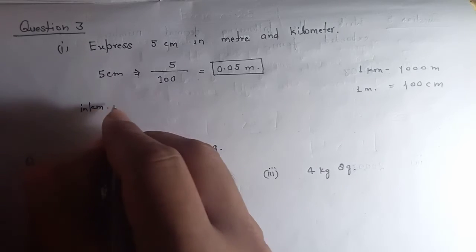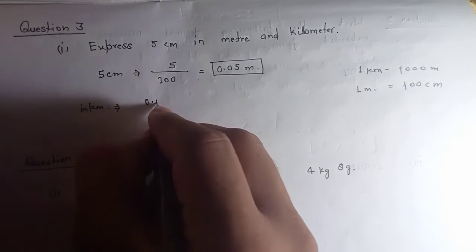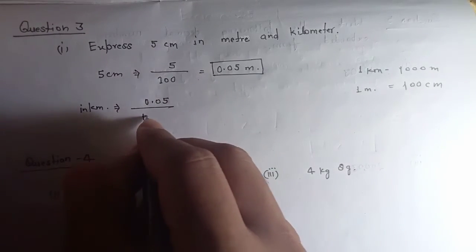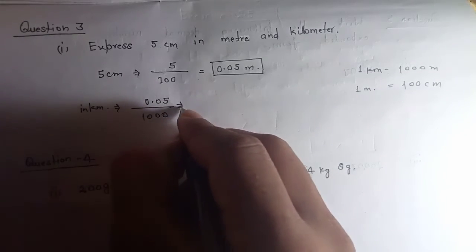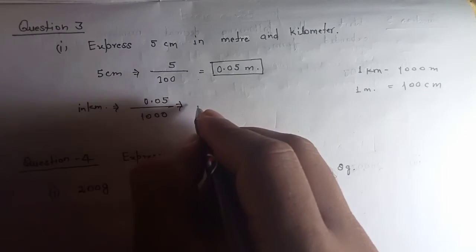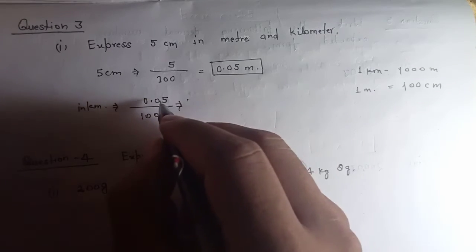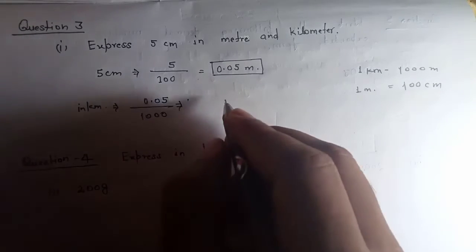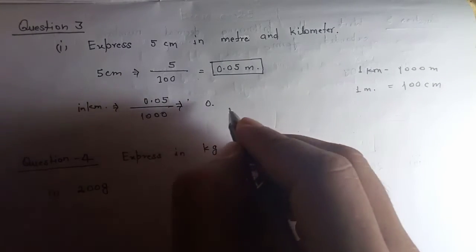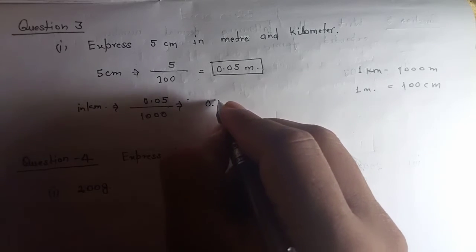When you divide this number 0.05 by 1000, you get the answer in kilometer. So 0.05 divided by 1000, check it in your copy, it will give you